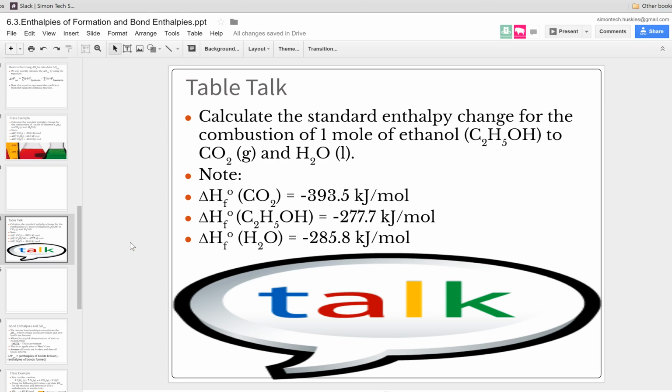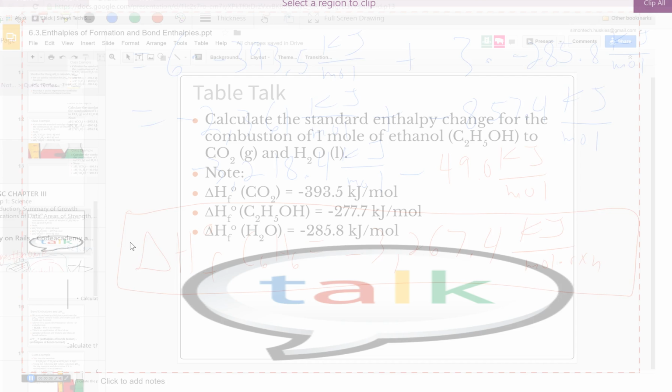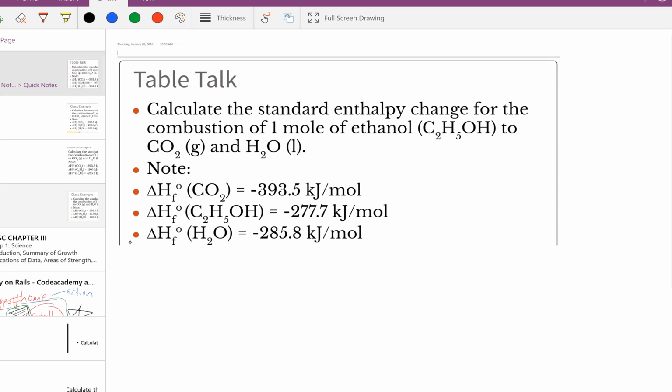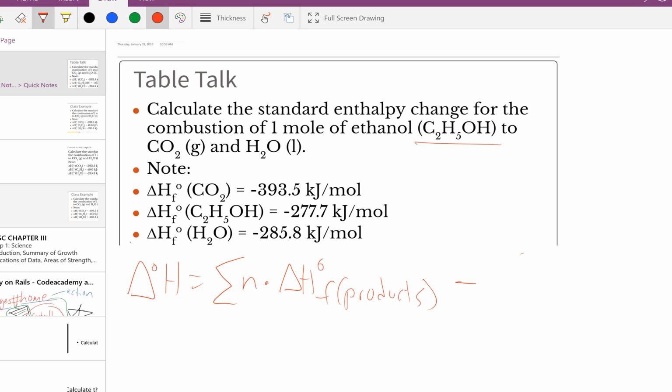Now in this case, we're doing something similar, except we're doing it for ethanol. When you burn ethanol, alcohol, and it combusts into carbon dioxide and water, we're looking for the standard enthalpy change, in this case, right here. So we know that the standard enthalpy change is equal to the sum of n times the standard enthalpy of formation of the products